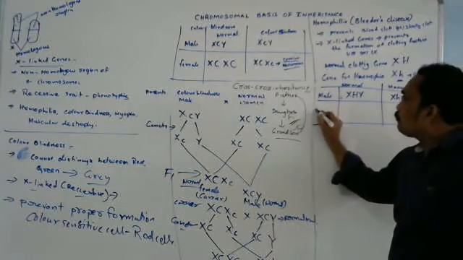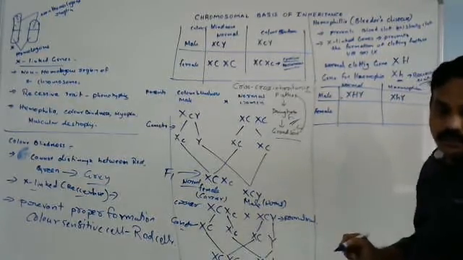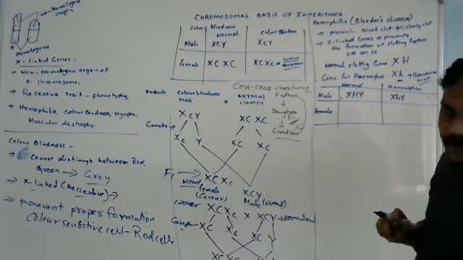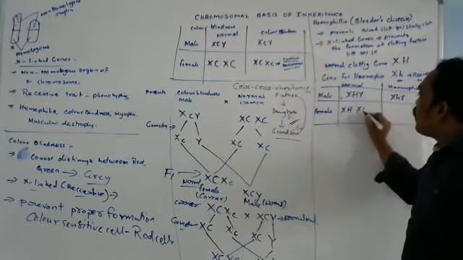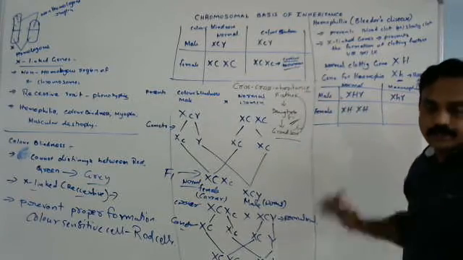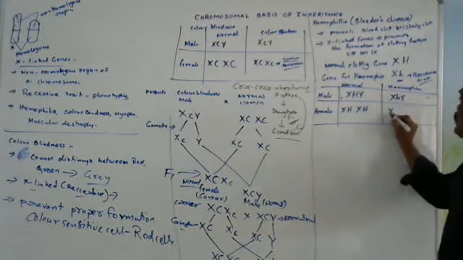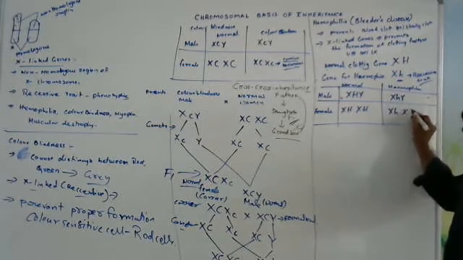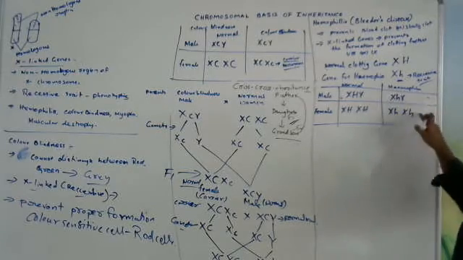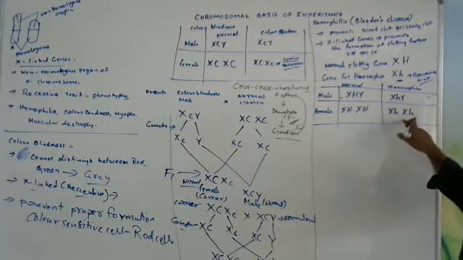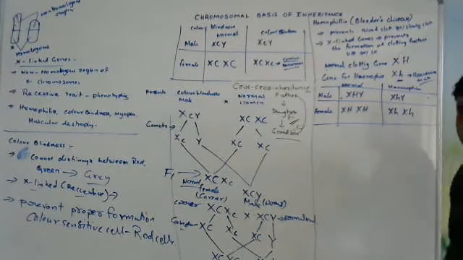In female, how are these visible? A normal female has X capital H, X capital H. Whatever we discussed, the same thing applies here. And for those who suffer with hemophilia, X small h, X small h. Okay, clear? This is the defected person. In that, what defected trait is there? The recessive trait.